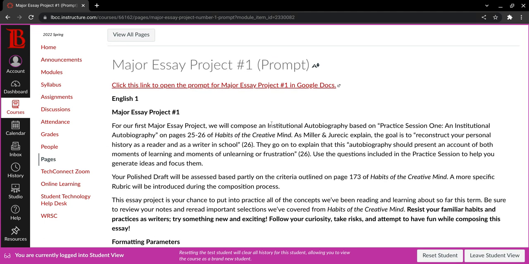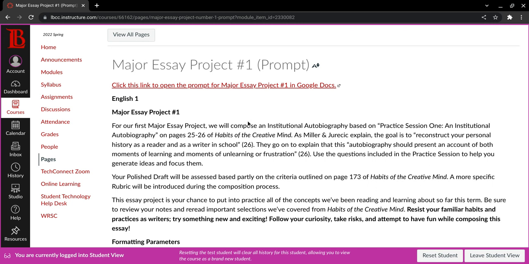Okay, so a little bit of context for the essay prompts or any prompt for something that we're working with, or most of them at least. I'll often include a link for you to access the document in Google Docs, which will give you a nice printable version of it. So if you like to print things out so that you can annotate and write on them, keep it with you in your folder or whatever, go ahead and click on this link and it will be a nice printable version of it. But all the information is here. So let me go ahead and jump into this.